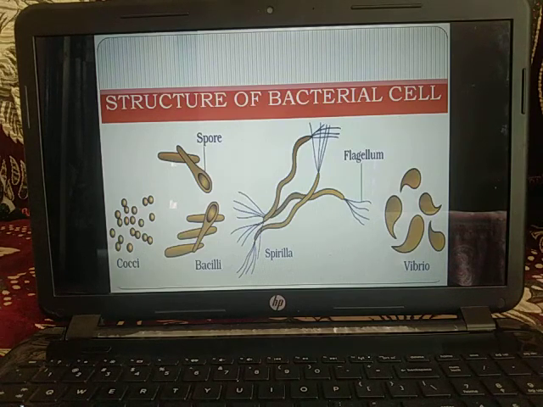Washing of the stain in gram negative bacteria is due to the high lipid content of the cell wall, which gets dissolved in organic solvents like acetone. So in this video we'll discuss these topics only, and in next week's video we'll discuss the components of the bacterial cell, the various parts of the bacterial cell.